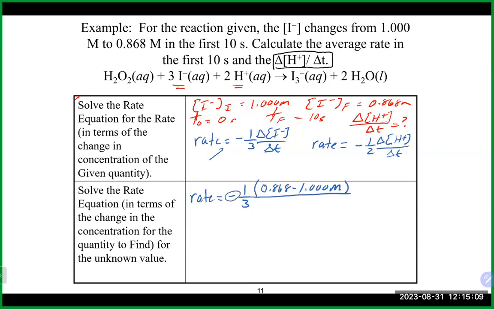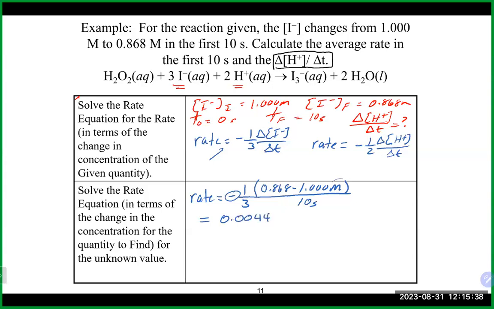Negative, which helps me out with the negative I have here. So that will turn my rate into a positive number, which is what we're looking for. You can do 10 minus 0 if you want, or just put 10 seconds on the bottom, whichever way you want to do it. So 0.868 minus 1 divided by 10 and also divided by 3 in this case,